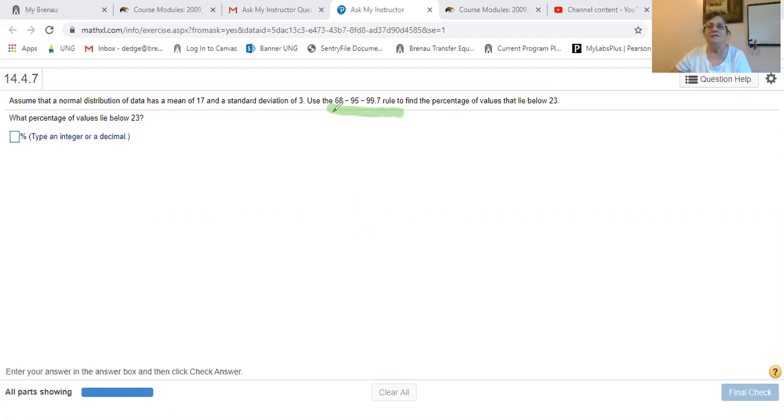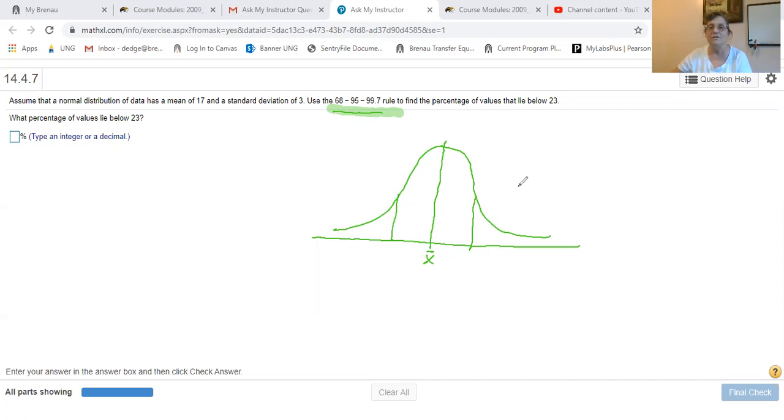The 68, 95, 99.7 rule refers to a standard normal curve, something like this, in which the high point of the curve is always where the mean lies. 68% approximately of the area under this curve. Now the area under the curve is equal to 1,